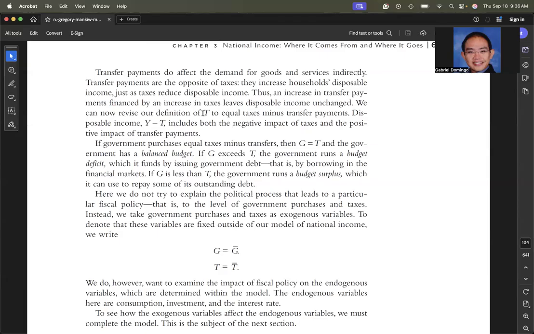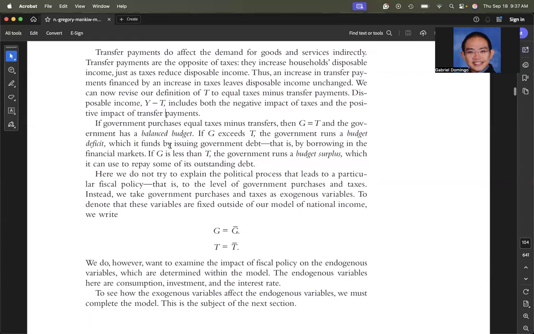So we can define T as equal now to taxes minus transfer payments. Disposable income, Y minus T, includes both the negative impact of taxes and the positive impact of transfer payments. If government purchases equal taxes minus transfers, then G equals T and the government will have what's called a